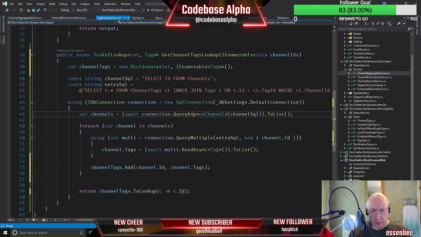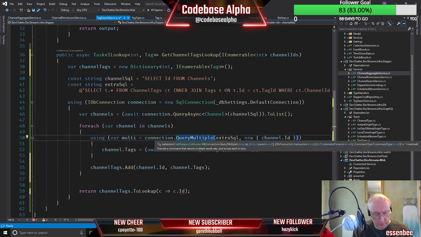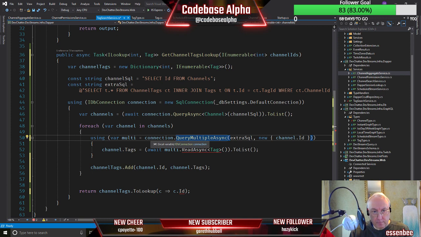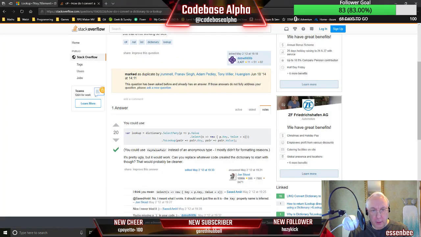So using query async, query multiple async. Good call. Sorry, I missed that myself. I did change the other ones to async, and so I did miss that multiple. But you're right. Okay, so here they're saying the lookup is a dictionary. Okay, so let's just